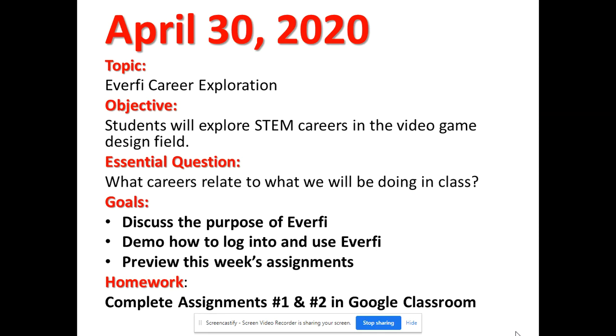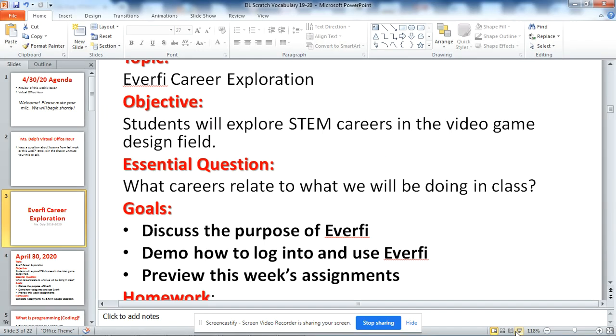And our goals today are first to discuss the purpose of Everfi. I'm going to demo how to log in and use it today, and then I will preview this week's assignments for you. And of course, like every week, your job is to make sure you complete assignments number 1 and number 2 in Google Classroom by Monday, and this week it'll be Monday, May 4th. Okay, so let us